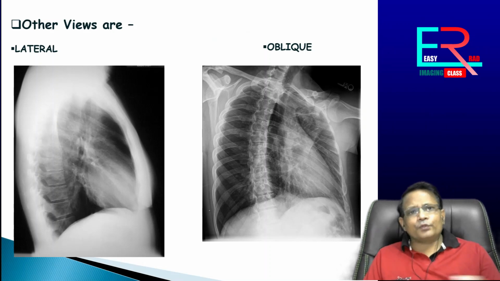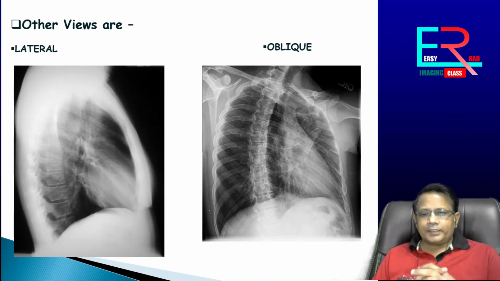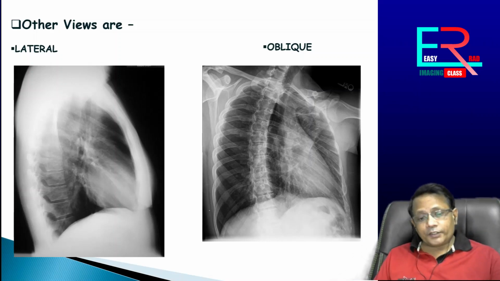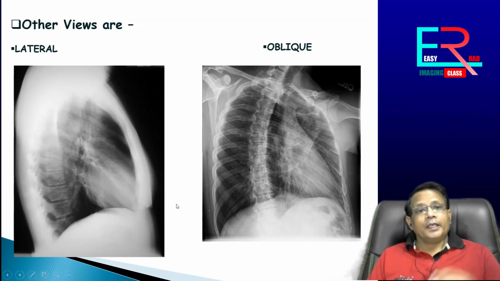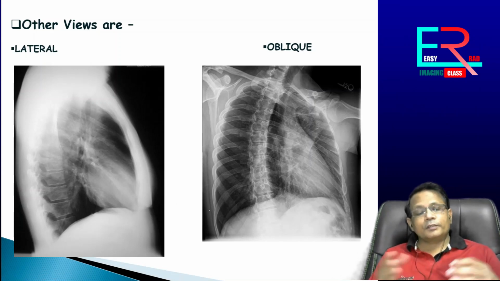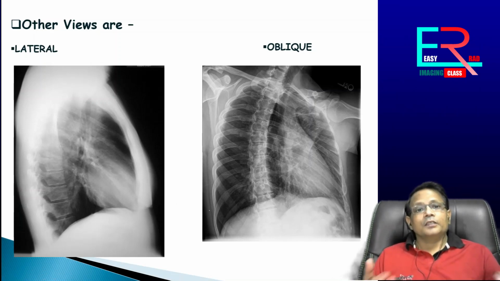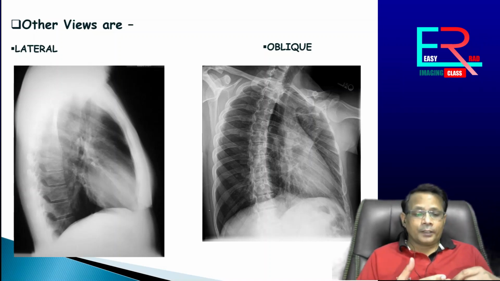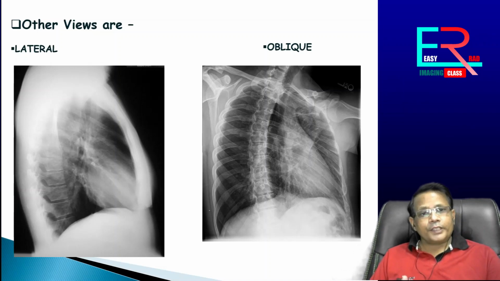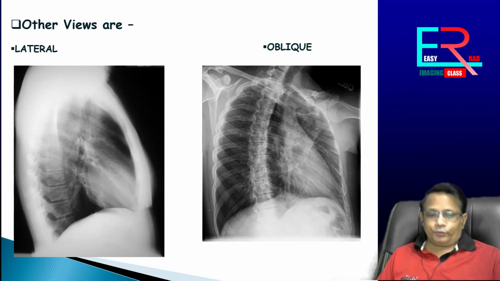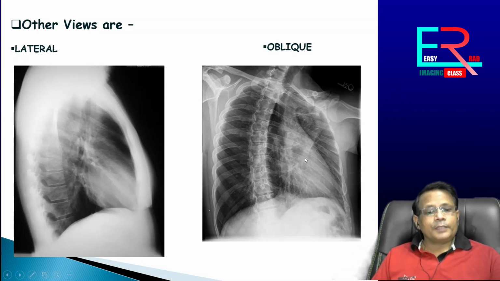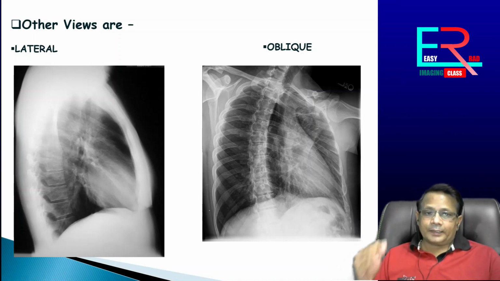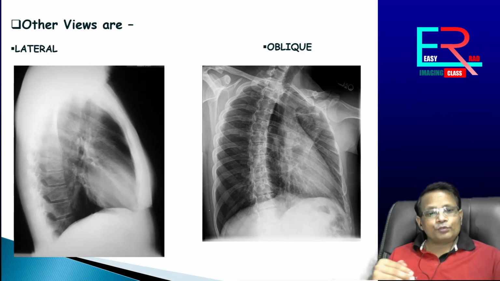There are some other views we may get in practice. There is the lateral view and the oblique view. For a particular indication, if the patient has an anterior mediastinal mass or posterior paravertebral mass, then in the frontal view the overlapping structures may hide that particular lesion, so we may need the lateral view. And with the oblique view, sometimes we can miss small fractures on the lateral side of the ribs, so we need the oblique view.